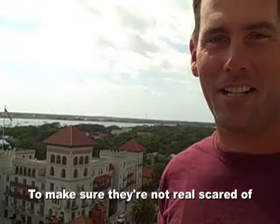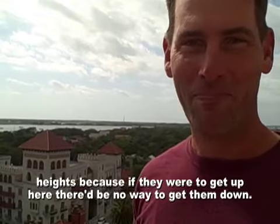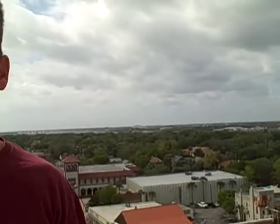I'm not real scared of heights because if they were to get up here, it'd be pretty hard to get up there. If it rose up, I mean, the fire department can't get up there other than climbing the ladders. So that's not a big deal. Don't be afraid to begin with. I mean, everybody's got a fear of heights. Yeah. When you lose your respect of heights, that's when something happens. So you have to have a healthy fear, not too much, not